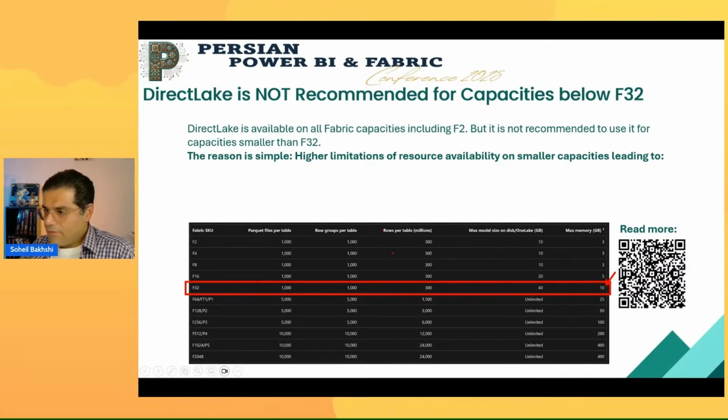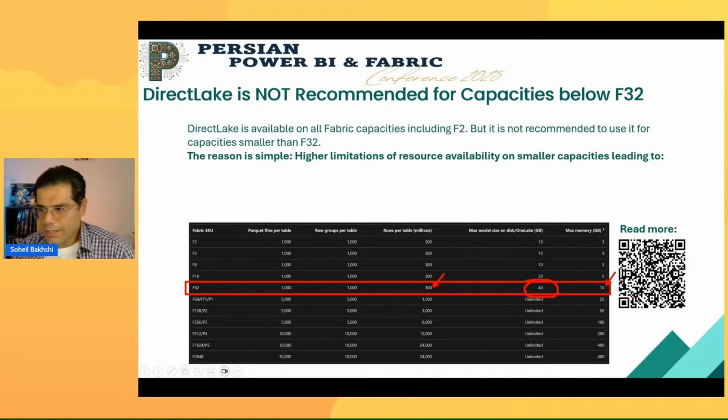And we also have row limitations of 300 million rows per table, right? And the biggest constraint is on the model size available on OneLake, which in smaller capacities, you can see that it is 20 gigabytes, 10 gigabytes, 10 gigabytes, and 10 gigabytes, and available memory. 3 gigabytes of memory is very, very small, right?